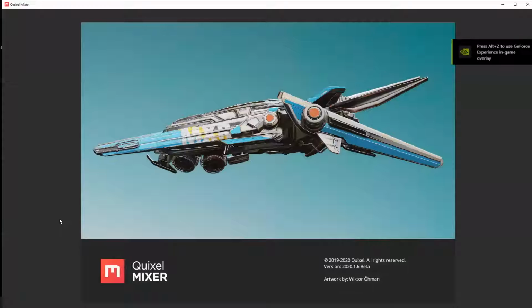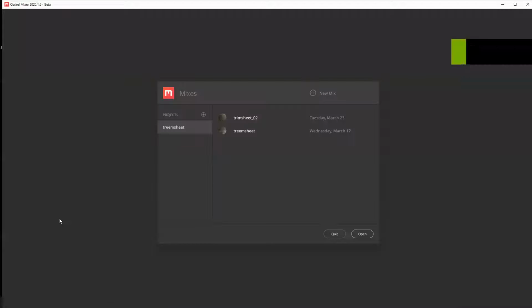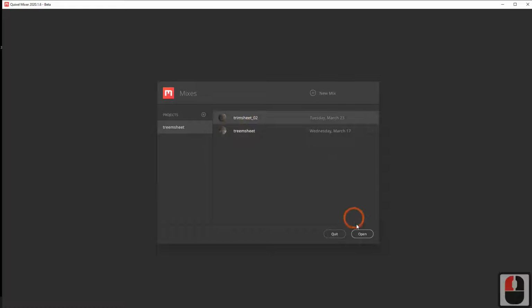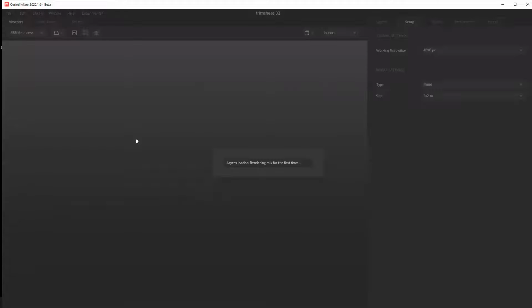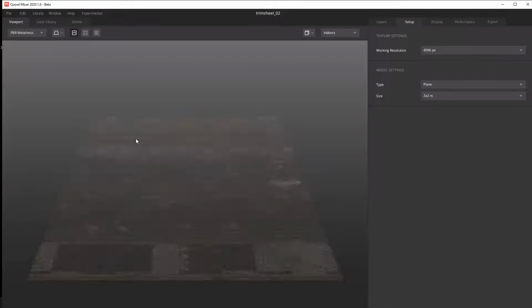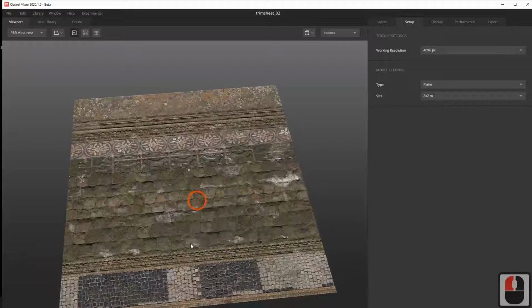Okay. If you want to create a trim sheet, it's super duper easy with the help of Quixel Mixture. I have created one, I will show you the preview, then I'll show you how to do it. Is this free software or paid software? Yes, it's free software. Only one thing to keep in mind, you have to log in with Epic login. Epic Games, Unreal, Epic login. You have to log in with Epic.